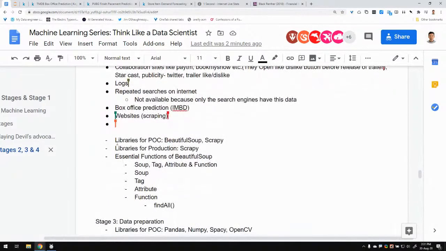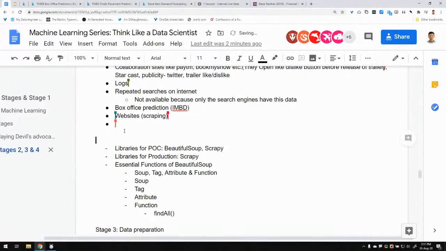Then you start with the actual content, actually scraping and collecting the data. The word scraping is quite ambiguous if we don't mention what we are scraping,